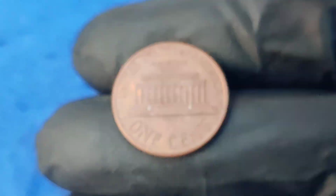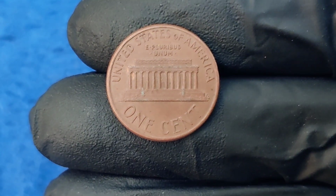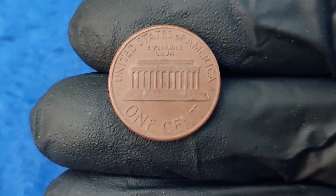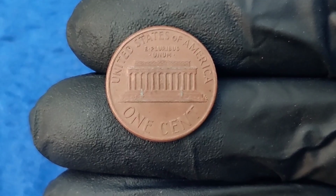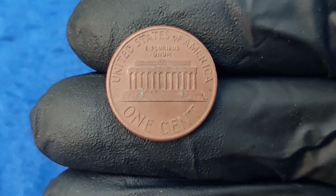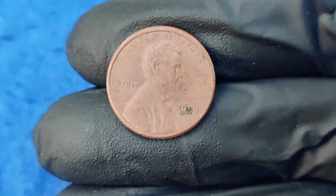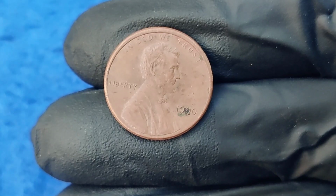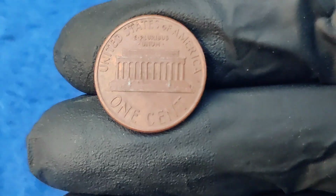To the untrained eye, this might look like nothing more than an ordinary penny. But in numismatics, a missing mint mark is not an accident you ignore. It's a signal of rarity, a whisper from the mint itself that says, this coin is different. This coin is special. And what takes this 1990 no-mint cent into an even higher realm of intrigue is its